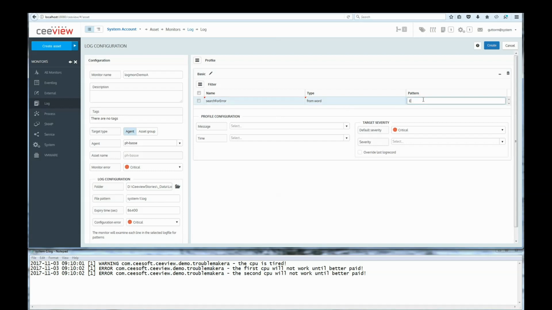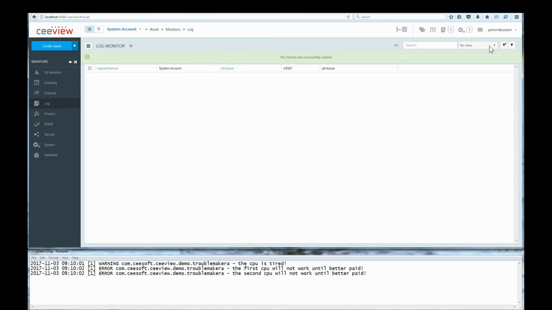Okay, and I want a pattern error. We can use regex if we want to, for instance here, but let's keep it simple. And I want to use this filter as the source for the reason text which we generate. And finally, what kind of severity or health impact should this log entry cause? Major, that's what I said in the introduction, wasn't it? Yes. Okay, and we just need to do a create,